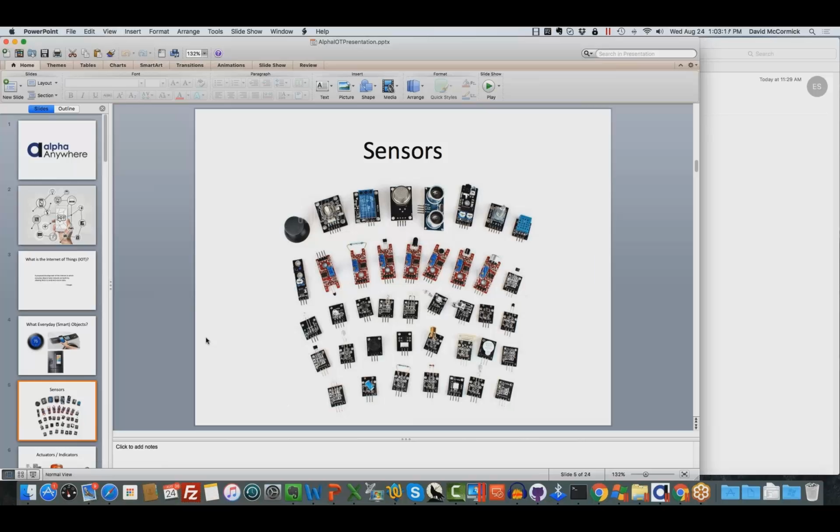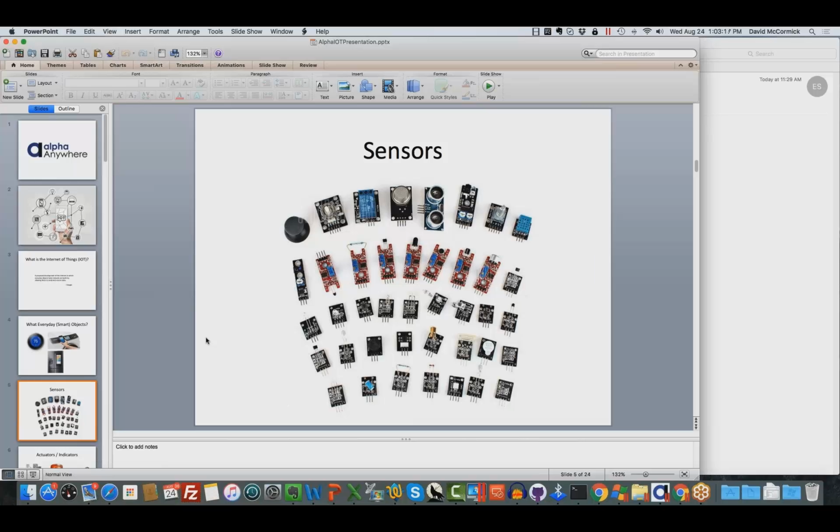So that's one component that goes into a smart object. Another component that often goes into smart objects are actuators and indicators. These are things that work out in the real world. This example over here is called an electric strike plate. If you've ever been buzzed into an apartment building, you've used one of these. When power is sent through it, this device unlocks a door. This other one is simpler. It's a siren indicator light.